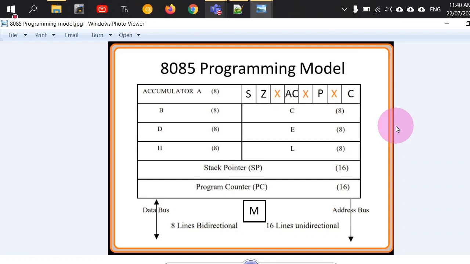Do you believe that by using this microprocessor, you will be able to browse the internet? No, sir. No, why no? Because they work in the CPU only. They are not connected with other devices.